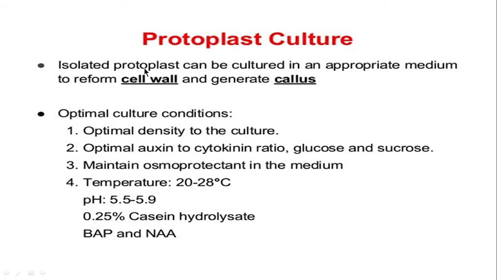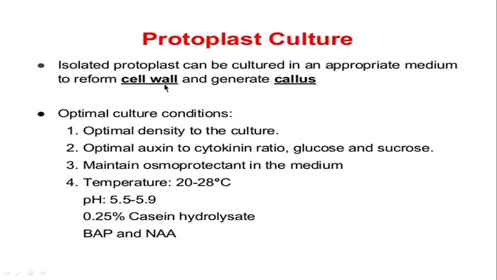When the cell wall is removed from that cell, what will happen? The balance pressure will get disturbed. The balance pressure inside the cell will get disturbed and outward pressure will increase, and the protoplast sometimes will expand, and the inflow rate of the liquid will increase, and due to increase in inflow of liquid inside the cell, what will happen? The bursting of cell will occur. So always when the protoplast culture is prepared, the first thing is carefully removing the cell wall without damaging the cell.